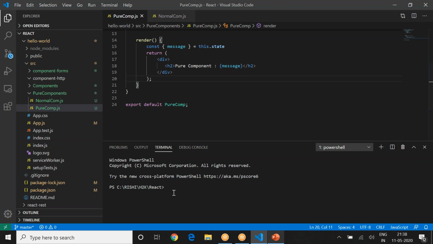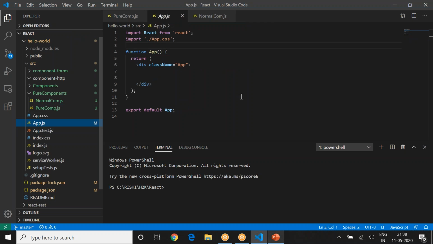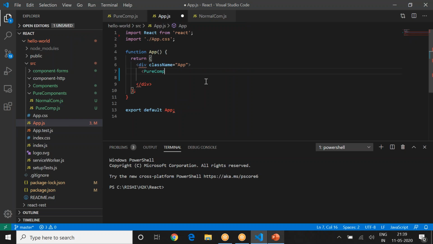Now I got that. Go ahead and start your React app. As of now, it's not added anywhere, so you need to add your pure comp in app.js for sure. So here you will be adding pure comp as a component. Make sure that it's available here.